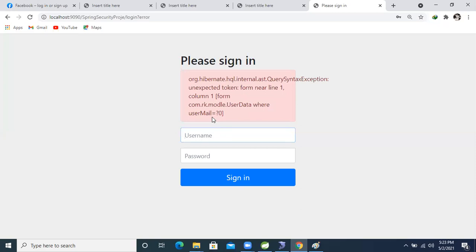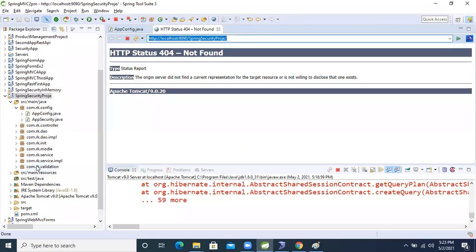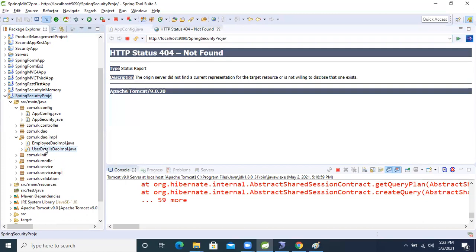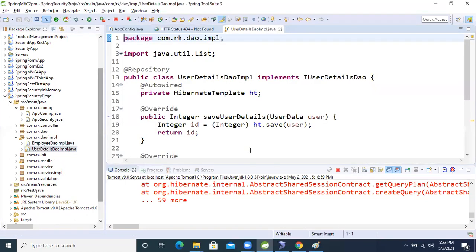Something, what is the unexpected token near line one? Okay, column one from. It's saying something about the database, right? So some error is there in the DAO layer, guys. Okay, come inside the DAO implementation, user, right? I'm opening the user.